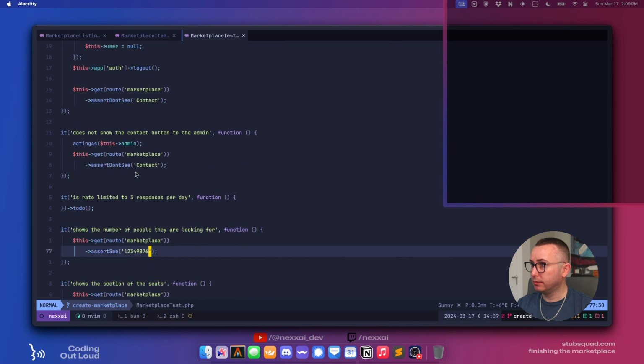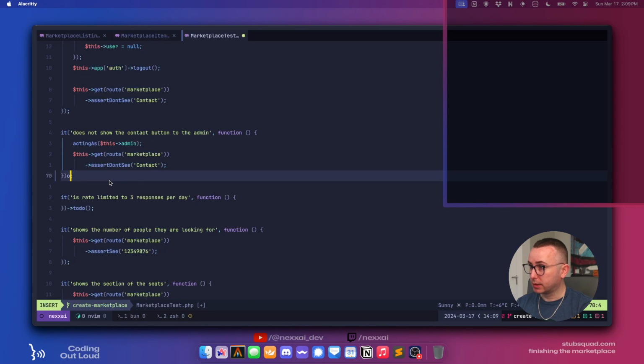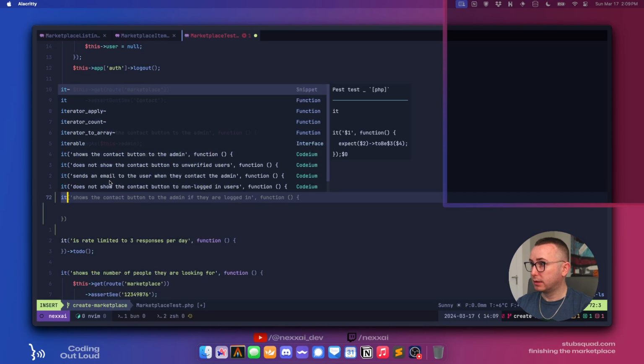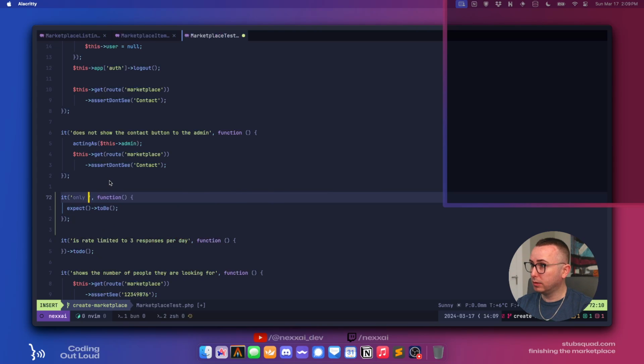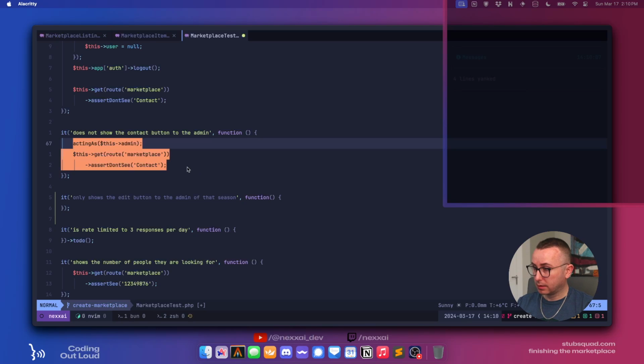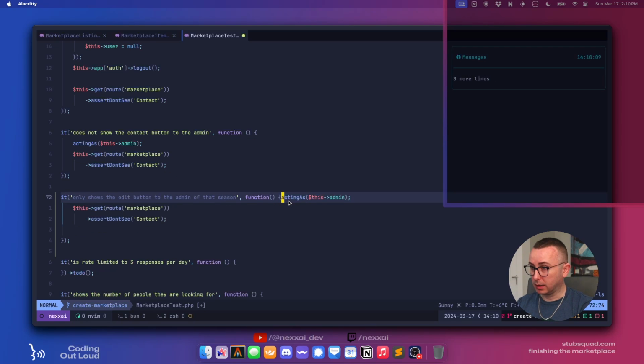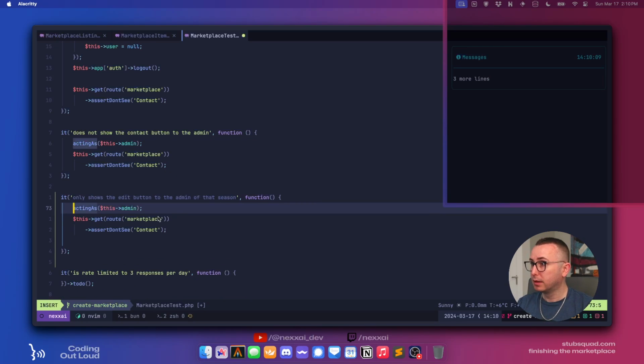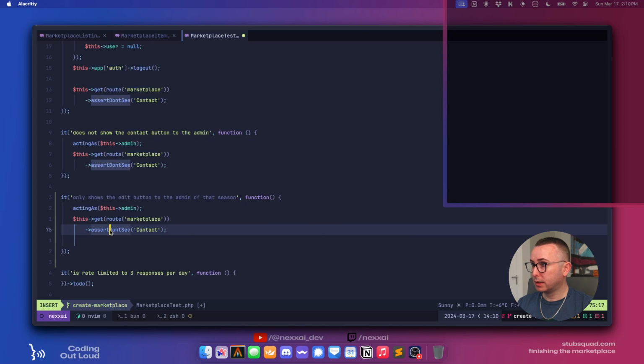Okay, so let's say it only shows the edit button to the admin of that season. Let's paste, and let's be a little more explicit about what this is going to see.